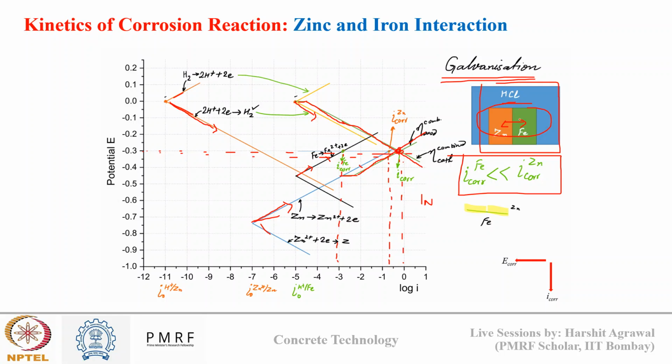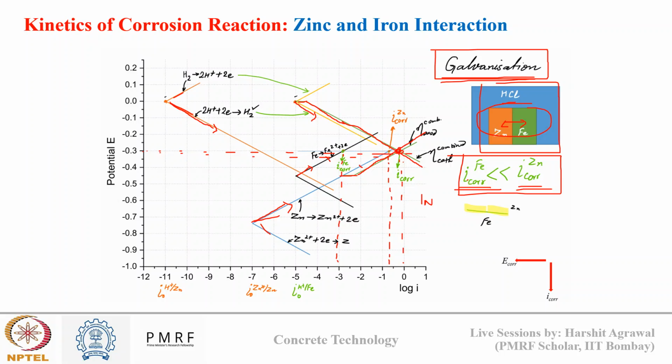Okay, so when we connect zinc with iron, what happens? Zinc acts as a sacrificial anode. It sacrifices itself to protect iron, and this gives rise to the process of galvanization, where zinc coating is done on steel bars to protect steel from corroding, because zinc has a higher corrosion tendency, so zinc will